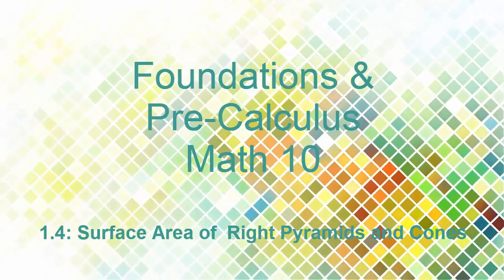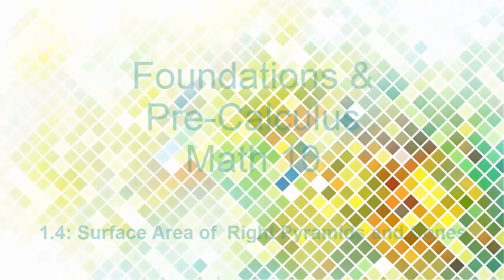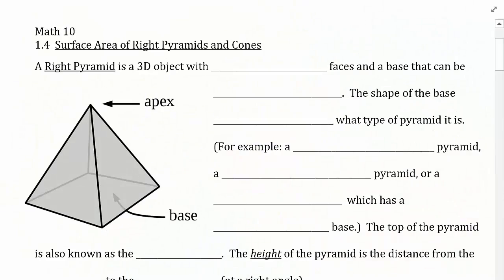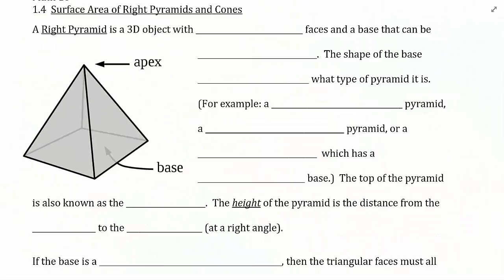Today, section 1.4, surface area of right pyramids and cones. Alright guys, we're going to get right into this here. You can find this page on Canvas, print it out, and fill it in. Fill in the blanks. A right pyramid is a 3D object with triangular faces